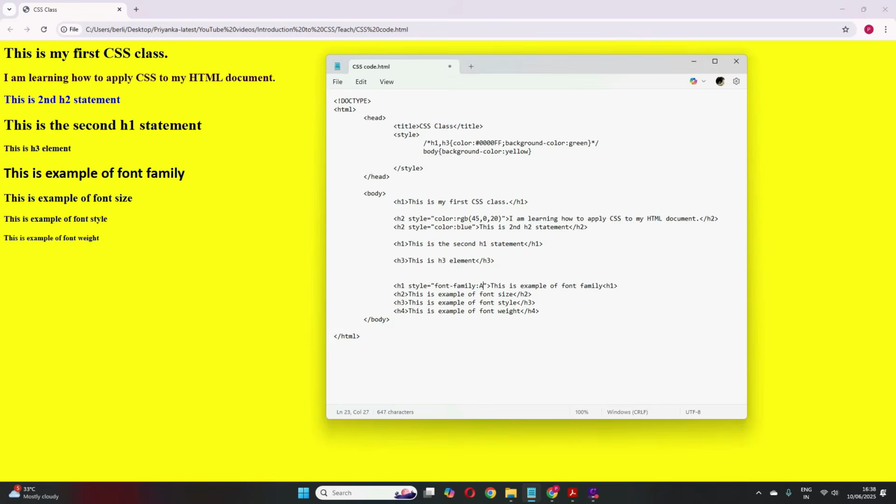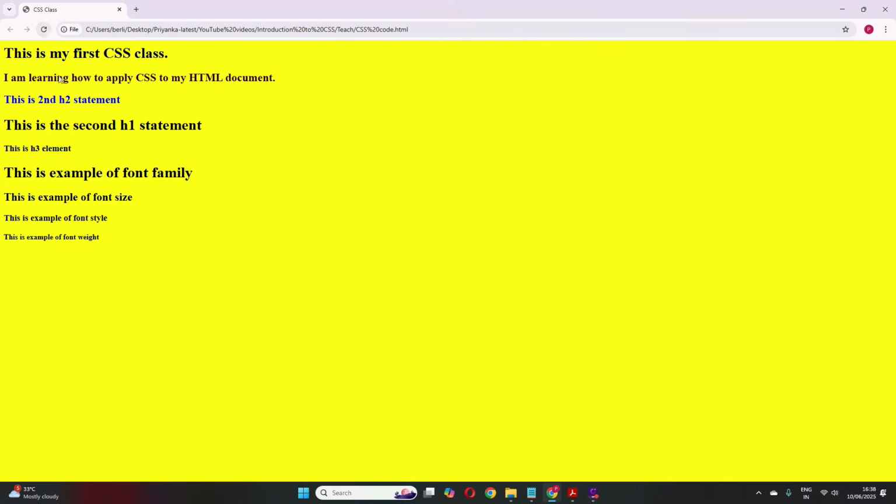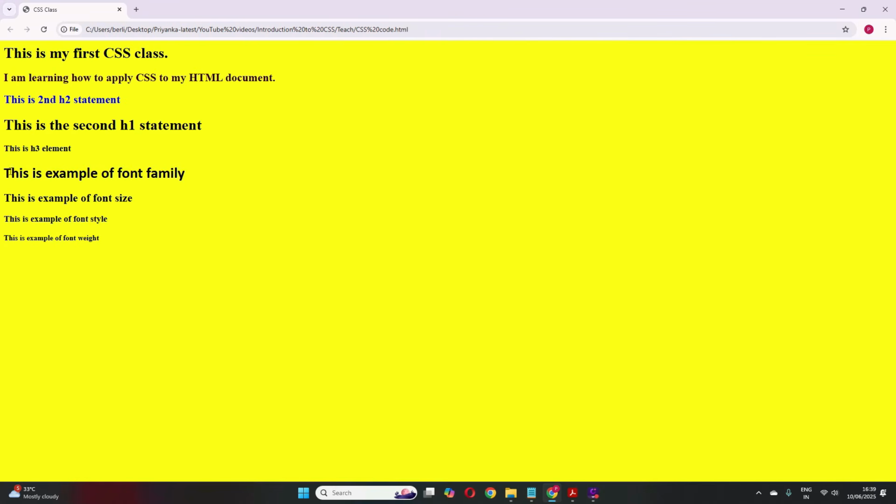I can change it to Arial. Save. Let me run it. See, it changed again the style. So whatever style you specify here, it will change. You can specify multiple also, like one Arial, then Calibri, then maybe Times New Roman. But it will not take all of them. The browser will first check Arial. If it supports, it will print in Arial. If not, then it will go for the second one, then for the third one. So we can specify using a comma here. See here. Clear?